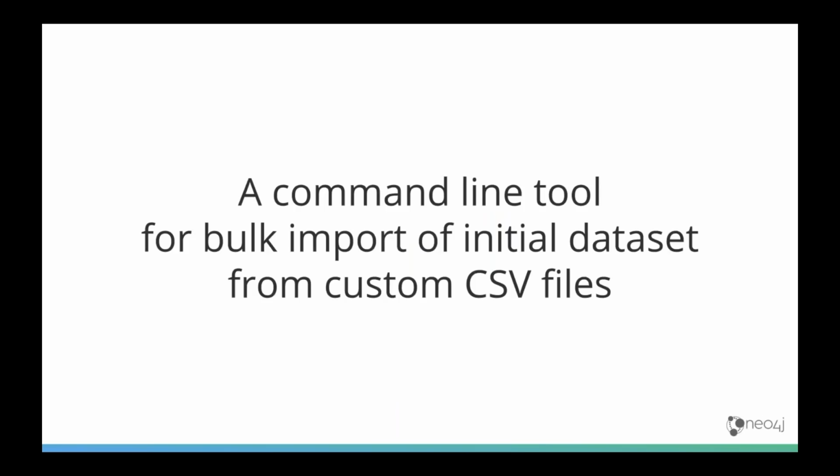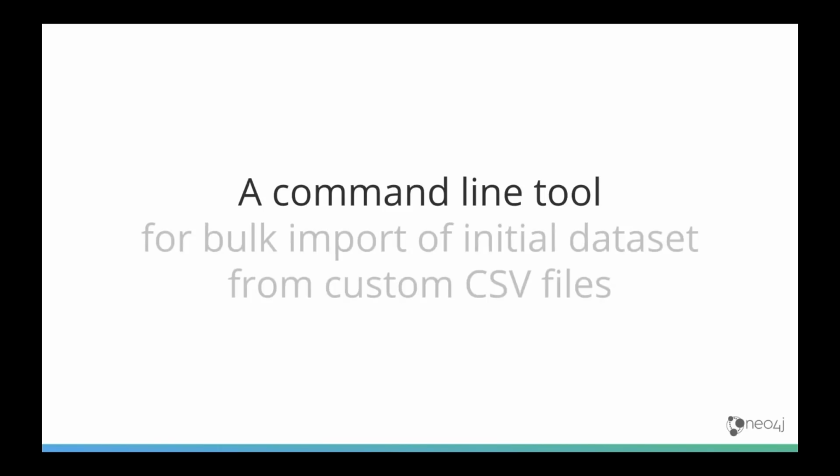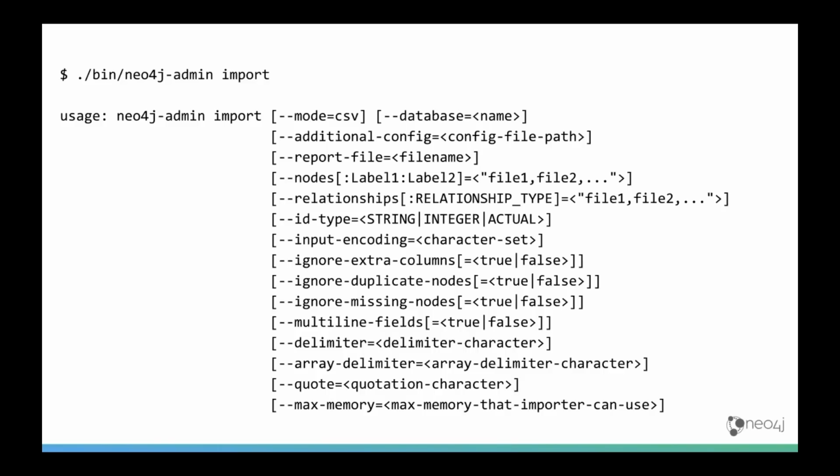This is a command line tool for bulk importing initial data sets from custom CSV files. There's quite a lot in that sentence. Let's have a quick look. What does it mean? First thing, command line tool. This is available where I was running the bin Cypher shell. You have a bin Neo4j admin, and there are a bunch of commands on there, and one of them is